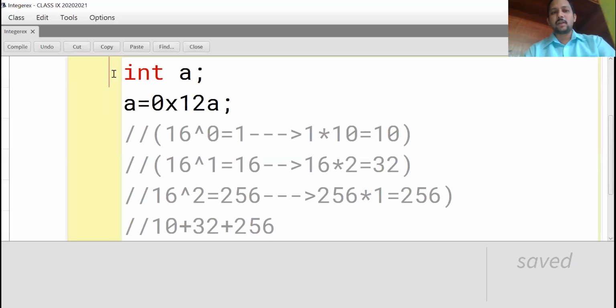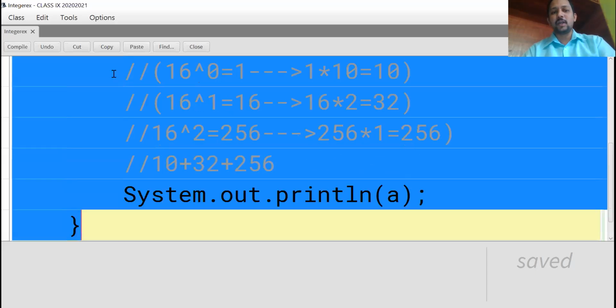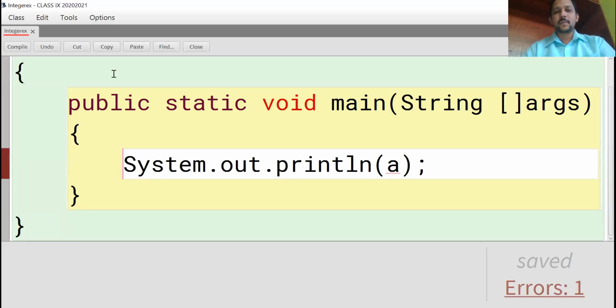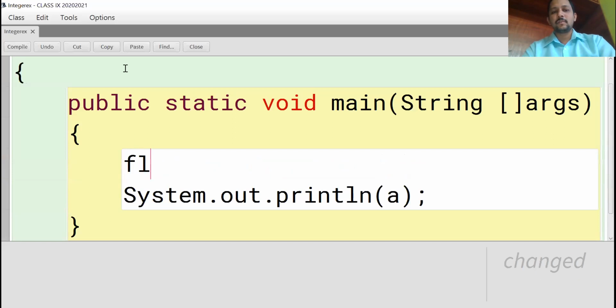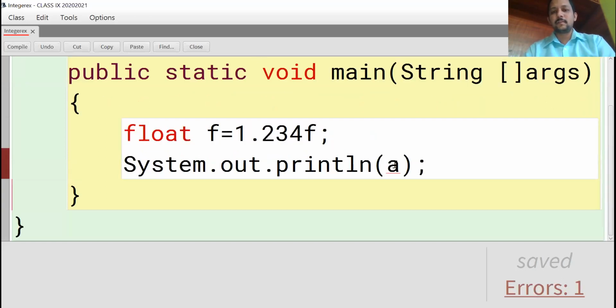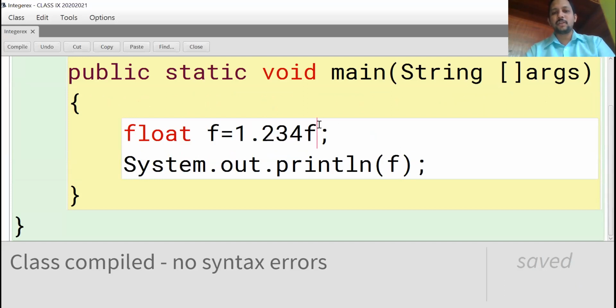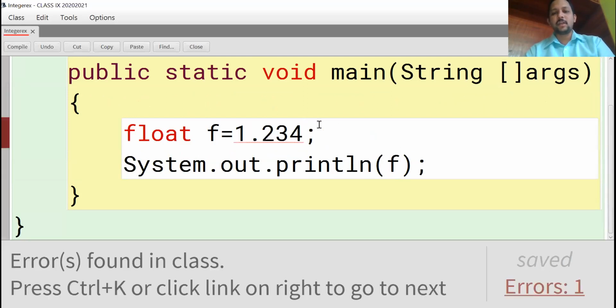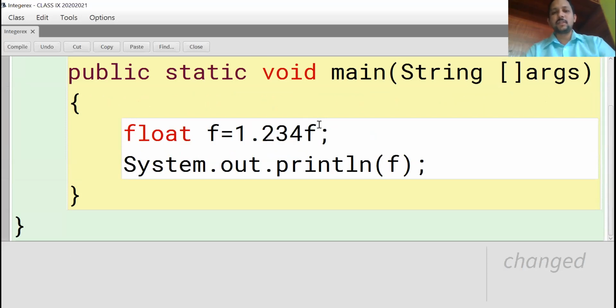See here, completely we have to use the float data type. Float f is equal to 1.234f. Now you have to print the f value. Compile, no errors. If you do not use f here, then error. So that is why it ends with f.